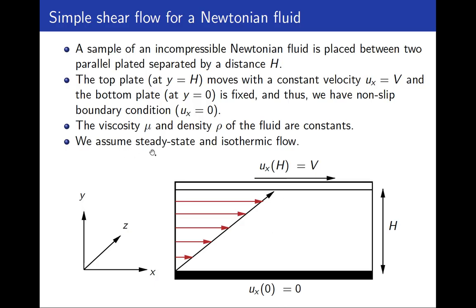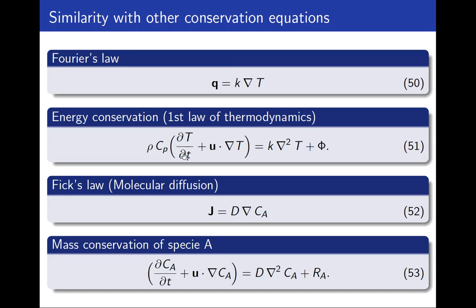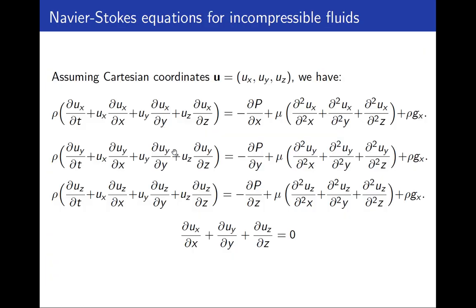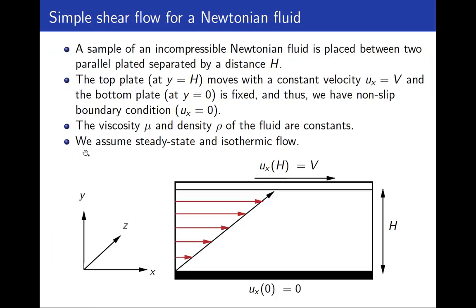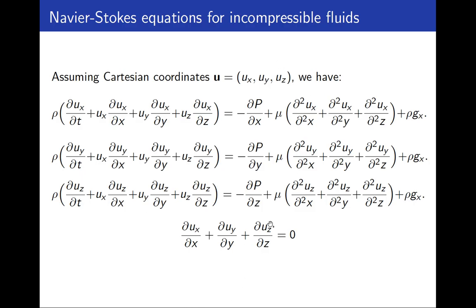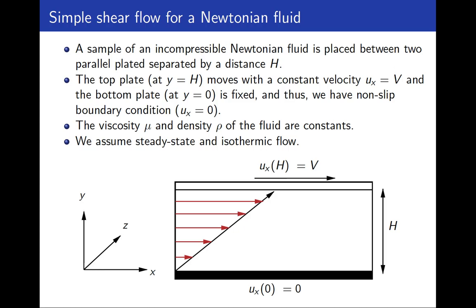And then we will assume isothermal flow. That means that the temperature is going to be constant, and then we will only consider the spatial derivatives. We will ignore the temporal derivatives. So under these assumptions, these equations can be solved. In the next video, I want to show the analytical solution that can be obtained for this flow